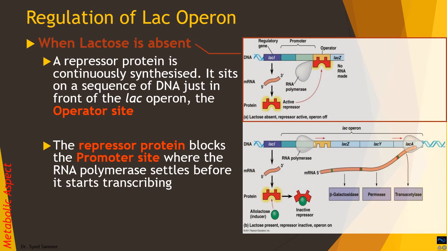In the first scenario, when lactose is absent, what happens is that the repressor protein, as we already know from the molecular aspect, will be continuously synthesized by the Lac-I gene. It will be able to dimerize, and as a dimer, it will bind to the operator, preventing the expression. And the promoter site, even though it will be able to settle the RNA polymerase there, the RNA polymerase will not be able to clear the promoter. Promoter clearance will not happen when lactose is